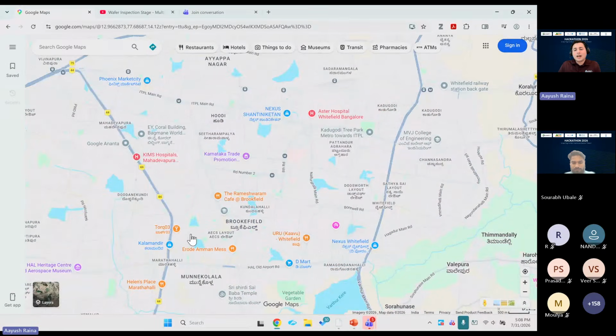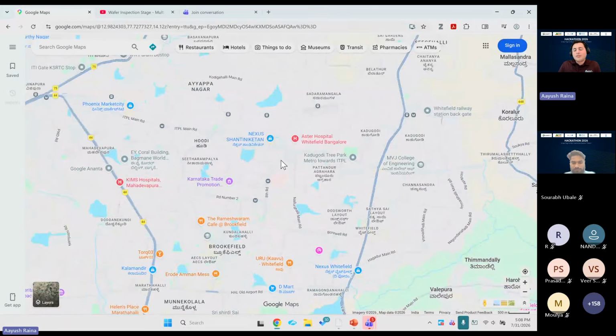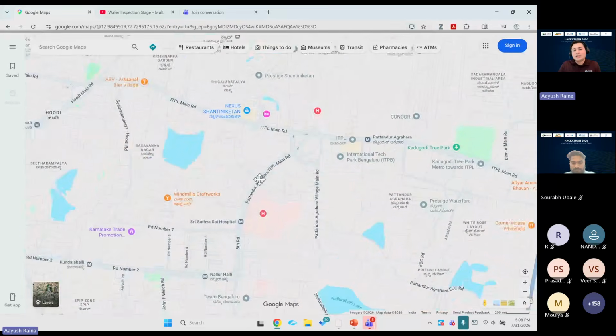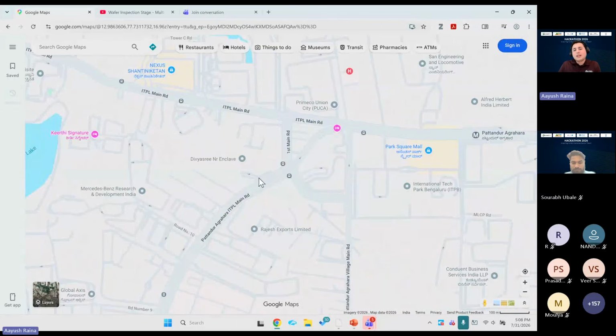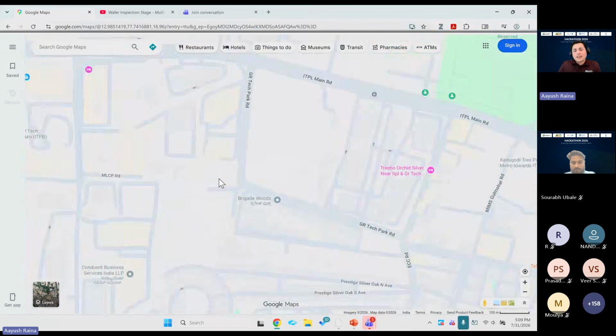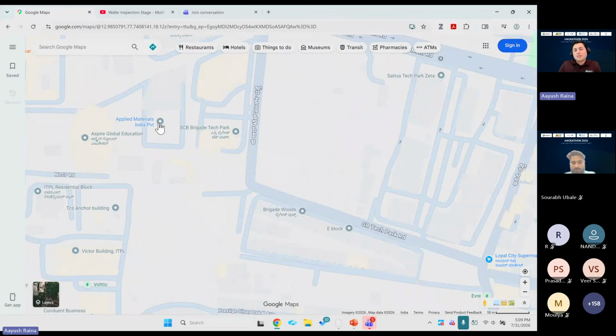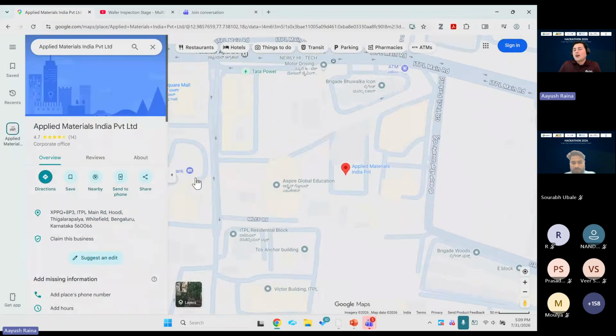So if you see, I'm doing it with the help of the mouse. I'm trying to center it, and then I'm zooming in. And at least I'll say that somewhere here is my Applied Materials office. So now if you see, it took me zooming into areas and correcting myself before reaching the Applied Materials location.